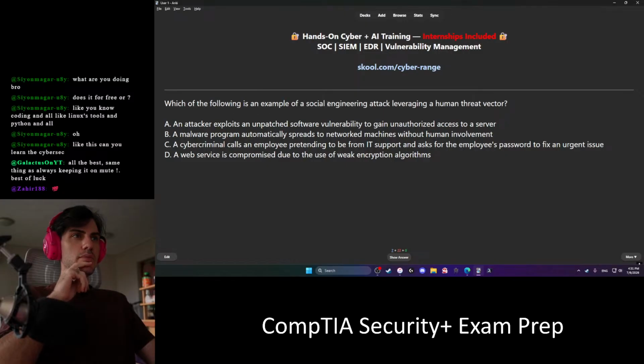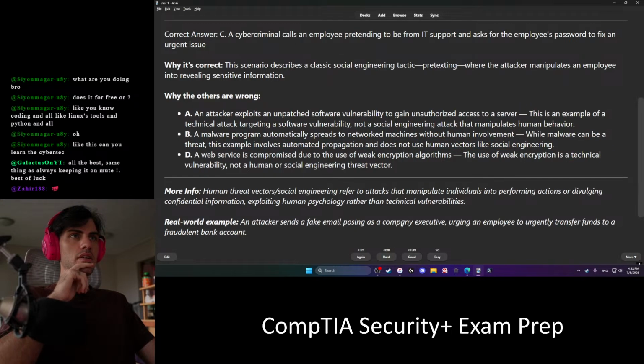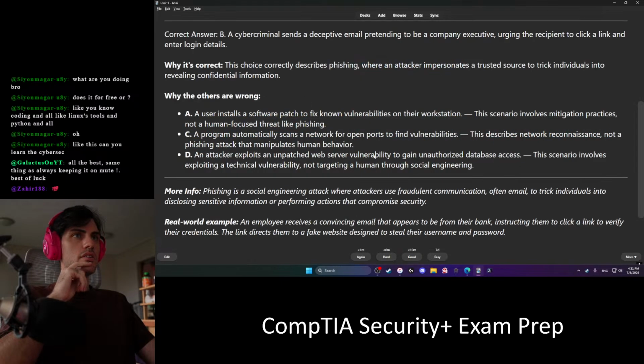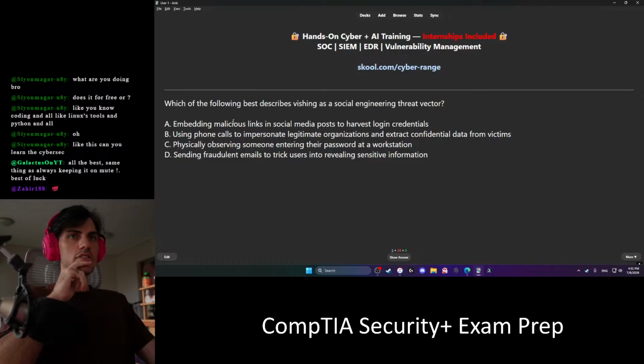The following is an example of a social engineering attack leveraging a human threat vector. That's C. There. Knew it. Describes a phishing attack as a human threat vector. Sent an email pretending to be. B. Yeah. Phishing is through email.